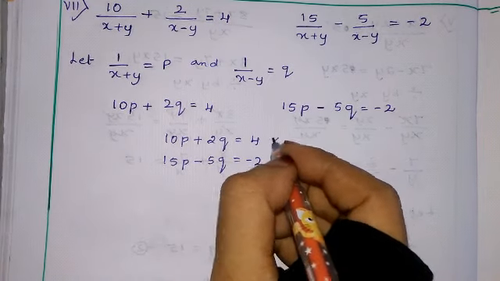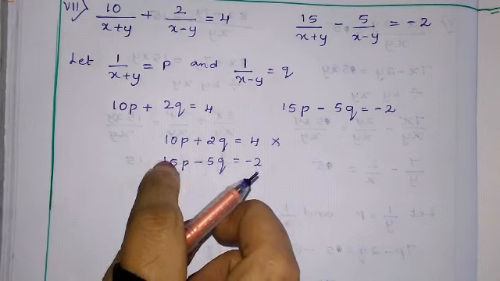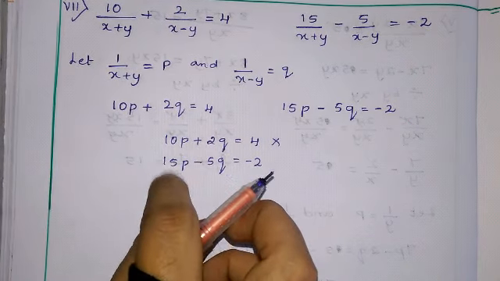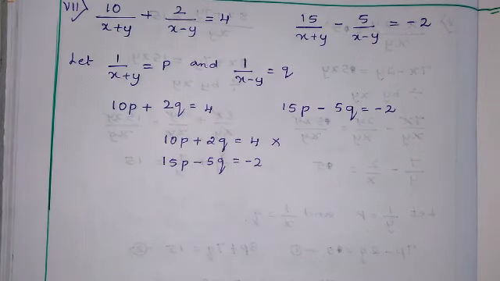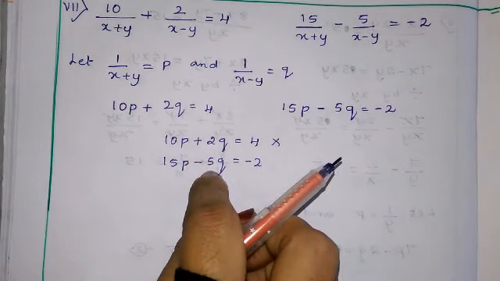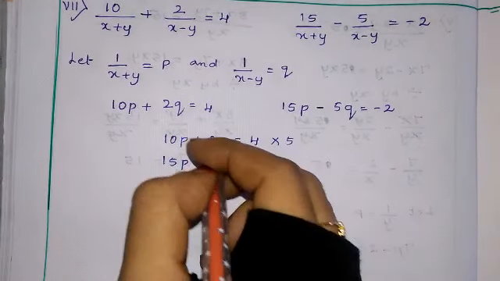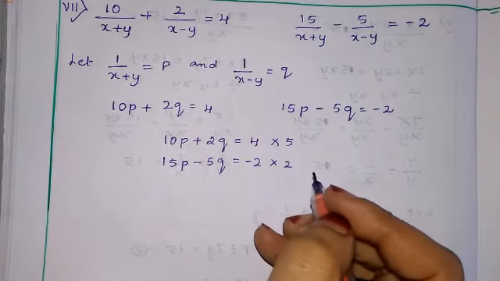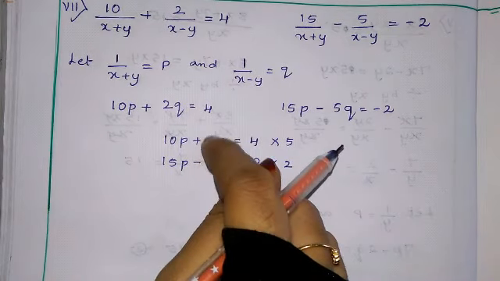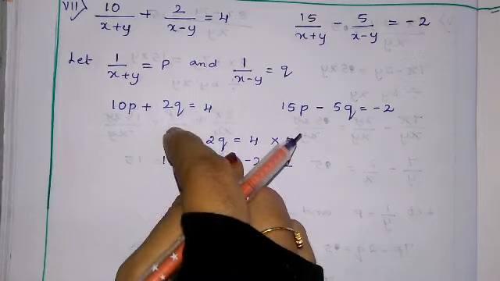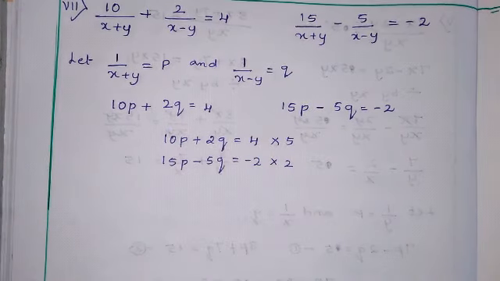Here, instead of taking 10 and 15, big numbers, we can take these also. But if we want, we can take 10 and 5 too, so that we should not get confused here. Instead of this also we can take this or that. I'll take 2, 5 this side and 2 this side. We can take, if second numbers are small, we can take the middle number also. Or else this number same we can take. You will get the same answer.